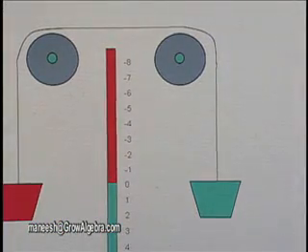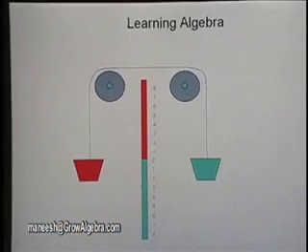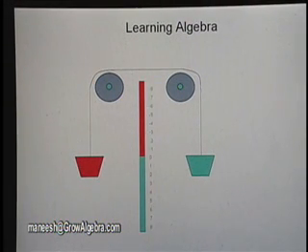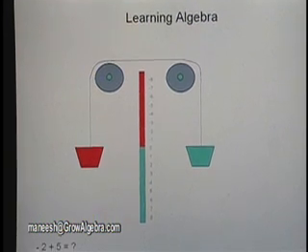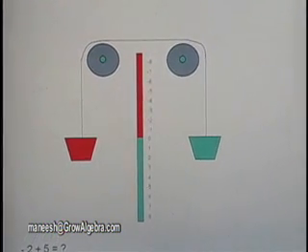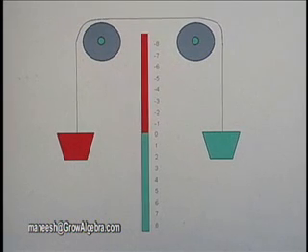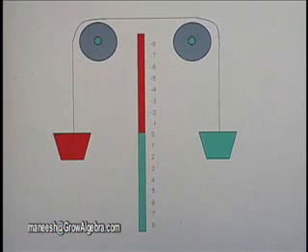Let's imagine we have a scale, and this is our famous scale. The green part represents the positive numbers, and the red part represents the negative numbers. And the two circles which you see are called pulleys. They actually move, and the red bucket on the left-hand side is a bucket where we can put some weight,